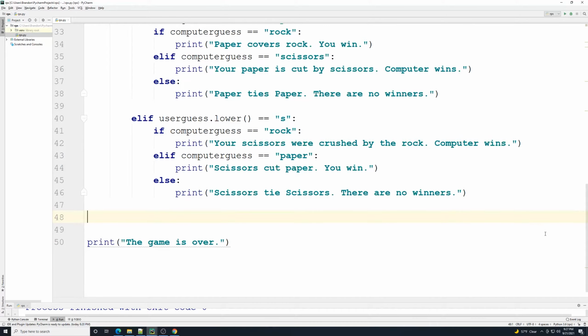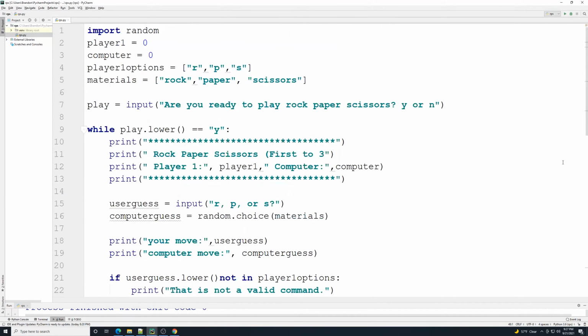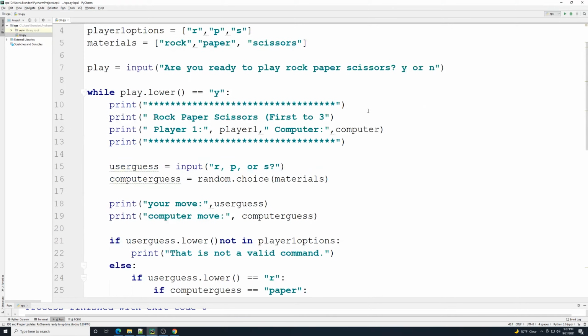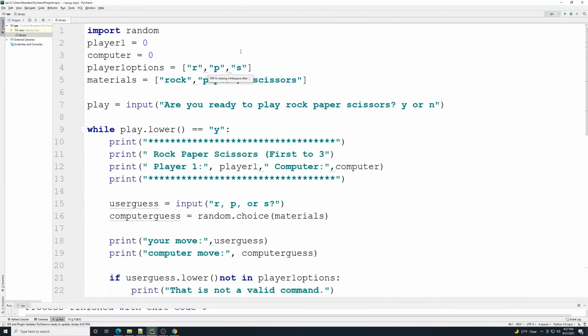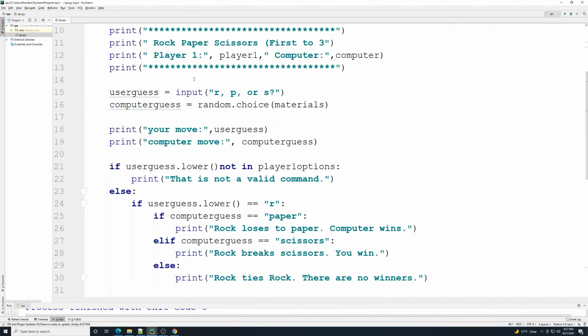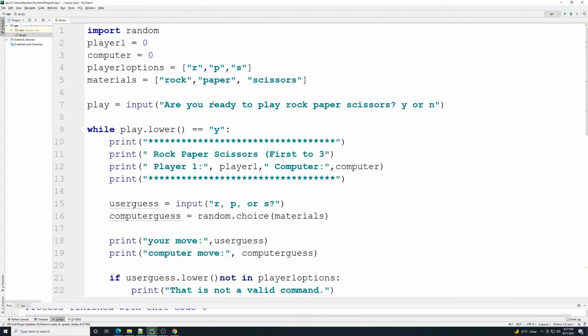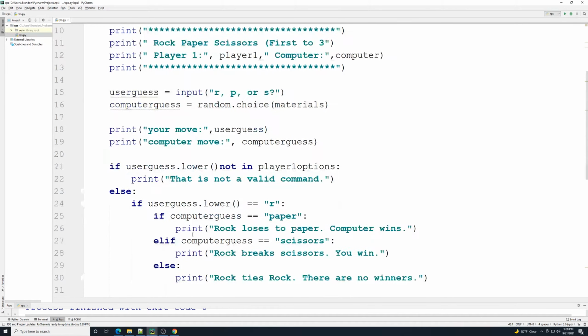Alright, and I think we're getting into a pretty good flow here. So we're playing rock paper scissors. It's in this while loop. We want to have a score keeping mechanism in here. So now we just need to go into here where, for example, in this first one,